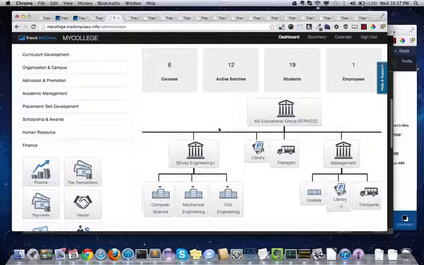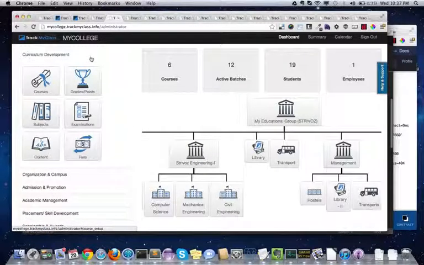So you can track from a very high level, the entire macro institution level, down to an individual student and employee level. So this is the complete administration perspective, and we have various facilities